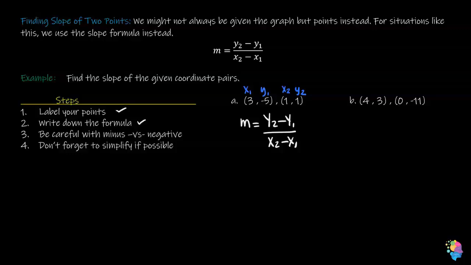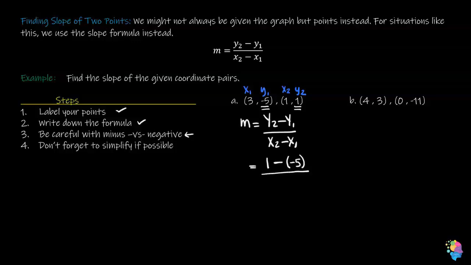Now on the next step, we have to be very careful that we don't confuse the minus from the formula and the negative from the numbers. So we're going to take it one step at a time. So this will become y2. So y2 was this one. Then bring the minus from the formula before you move on. Now, when you're going to enter this next point, we need y1. So y1, I'm going to put this in parentheses, just so that I can distinguish between the minus that was in the formula and whatever number is in y1. Well, y1 is -5